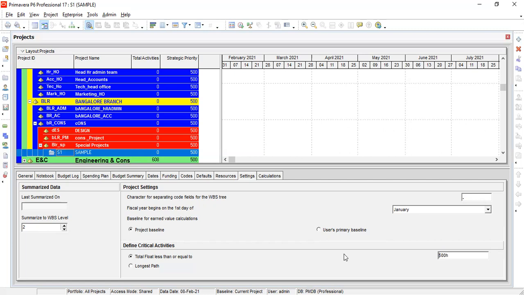Understood? No, I got that. What I'm trying to tell you is, say I am putting 1 day as total float less than or equal to 1 day. What will Primavera calculate in that 1 day versus if I tell it to go on the longest path? Sir, if you give the longest path, it means no tracking period. It may be extended any period. Simply, no tracking. No float.